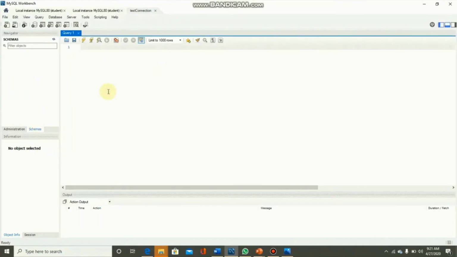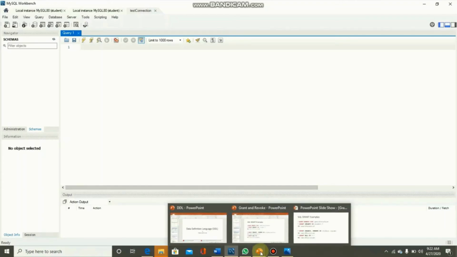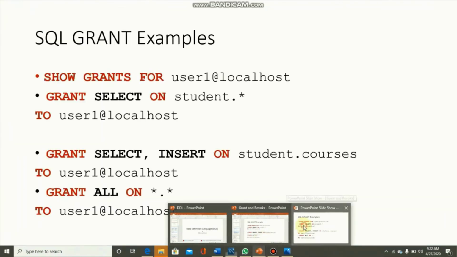So it means that this new user is not allowed to use any operation on these databases. We need to assign some privileges to user 1. So for that purpose we will execute some commands. Let's go back to our examples.